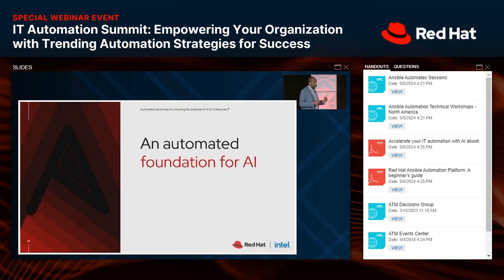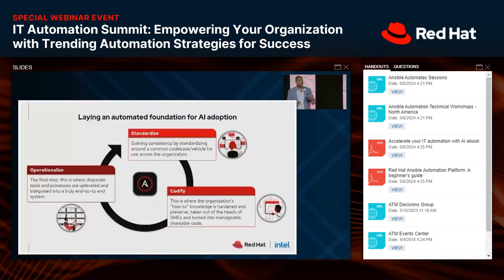So the next area we're going to move into is the automated foundation for AI. And to me, this slide by itself pretty much sets up the whole idea of what that foundation needs to look like. In order for you to have a foundation with automation, you need to create an automation strategy. And what I always tell my customers is you need to treat automation as you would enterprise architecture. When it comes to enterprise architecture, one of the first things they do is they establish a standard, they establish a strategy, they document that, they communicate that to people so that you know how to move forward with that strategy and that standard.